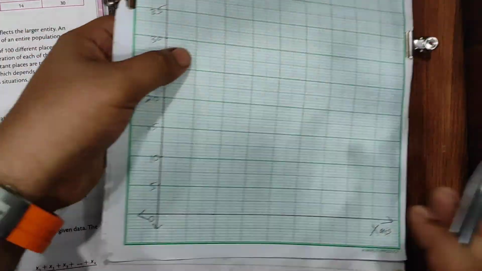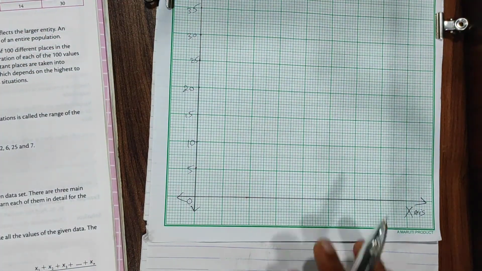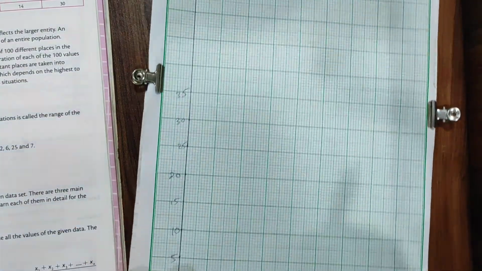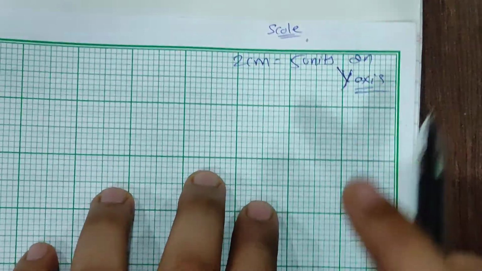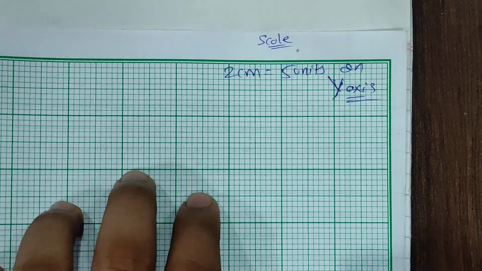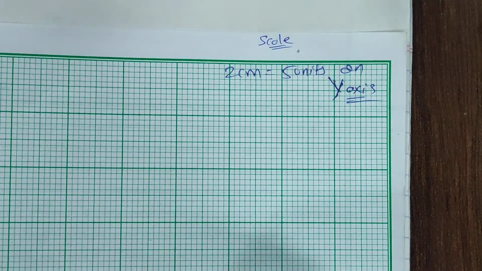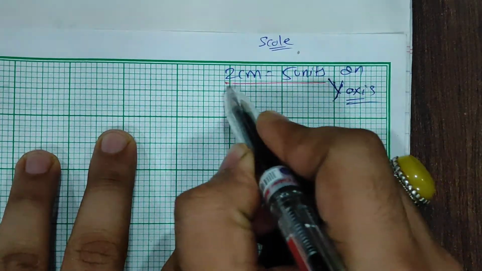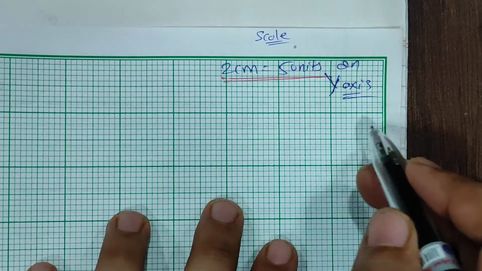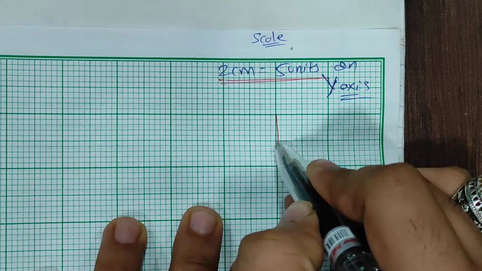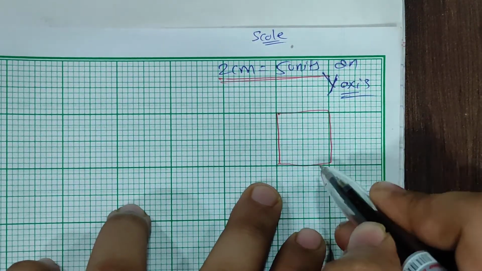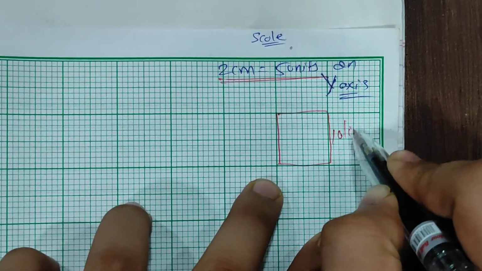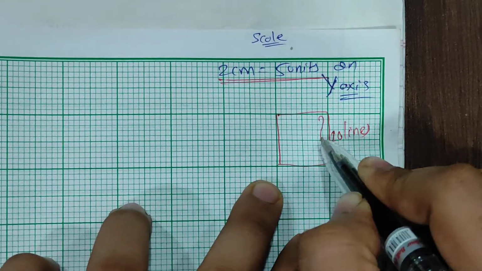Now let's pay attention here. How to do it, please? I'm starting over here. Before that, one very important thing I want to discuss. I forgot to discuss it. See here, I told you 2 centimeter is 5 units. Now pay attention. That means the height of this block, which is 2 centimeter, how many lines does it have? Can you clearly see? There are 10 small lines here.